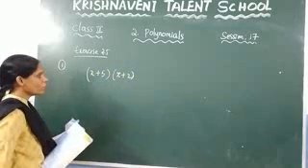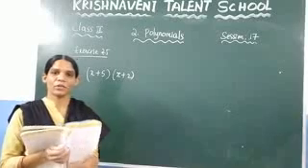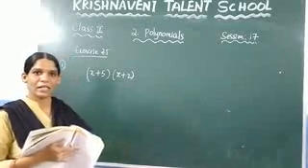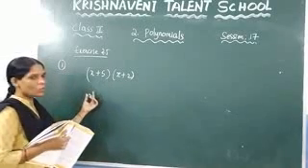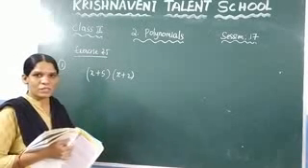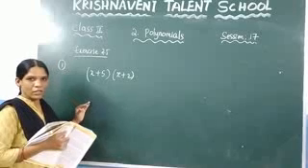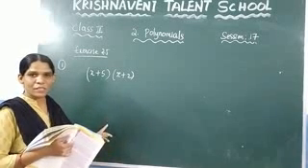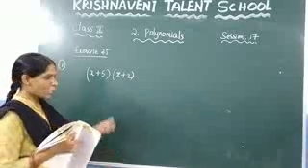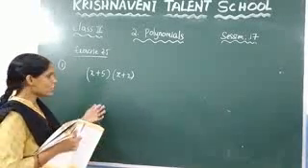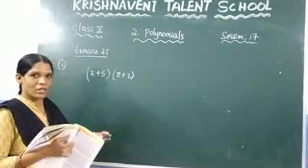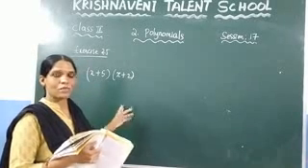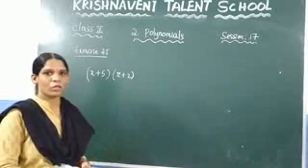Here you need to find the value of this one by using which identity. First you need to check which identity it is in the form of. Here you can clearly observe that it is in the form (x + a)(x + b). We already solved the formula for (x + a)(x + b), which gives us x² + (a + b)x + ab. By using that identity you can solve it. There is no need to multiply. In the question they ask to use the suitable identities. By using the identities only we need to solve this one, not by the normal method.